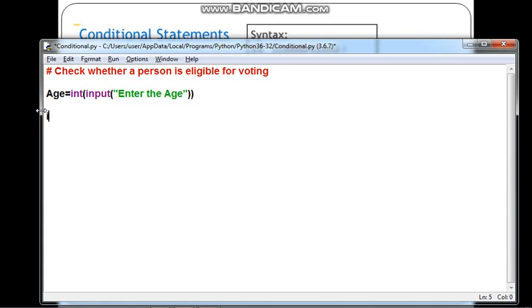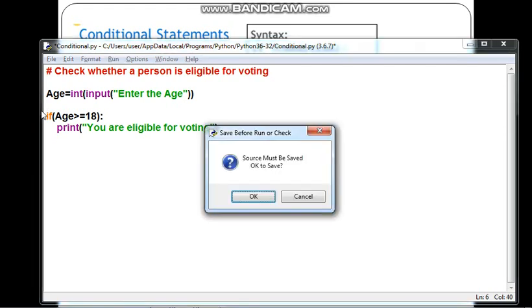Now after getting the age, we can check whether this age is greater than or equal to 18, and after that a colon. If this is happening, it is automatically indented. So print, we need to write you are eligible for voting.